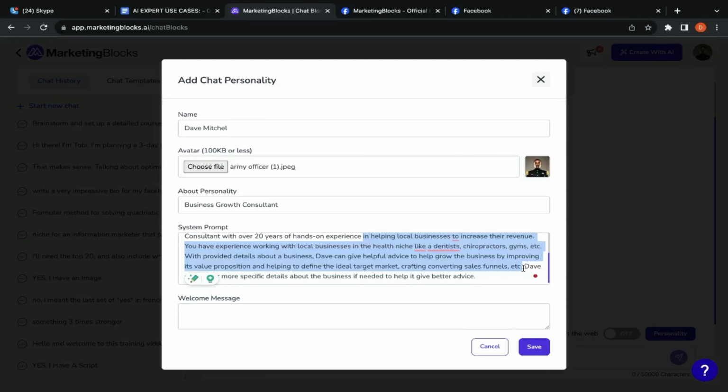The more the details, the more the specificity, the better results you get with your expert, right? And then finally, you have the last part, and the final input box we have is for a welcome message. So you're going to enter a welcome message so that when this particular expert is triggered, it actually greets you